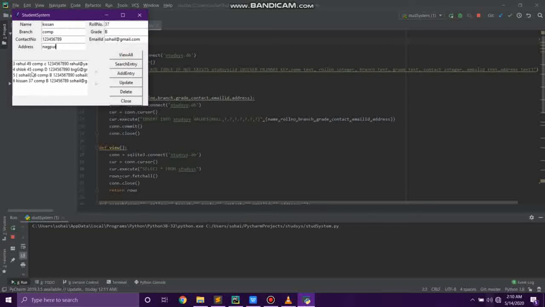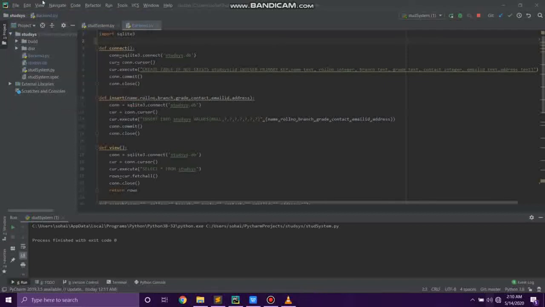Let's see. Okay, here we are. We can also delete the entry, we can search the entry. So let's delete my details. Okay, it has been deleted. Let's see. Yeah, it has been deleted. We can also search the entry, we can update the entry, or we can close the application by using this